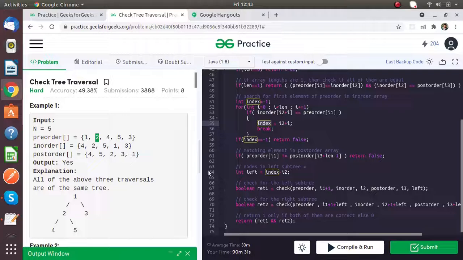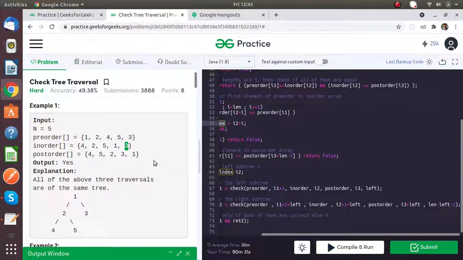For the right subtree, starting from the fourth index in in-order, and post-order it will add 3, and the length will be 1 because we have only one element in right and 3 elements in left.